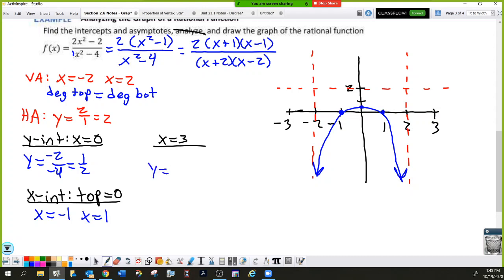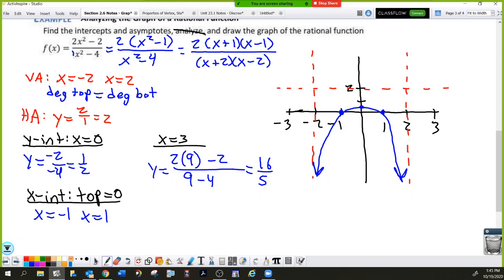Y equals 2 times 9. That's what I get when I plug that 3 in and square it. And then minus 2 over, again, plugging that 3 in, squaring, minus 4. 18 minus 2 is 16. And 9 minus 4 gives me 5. That number is